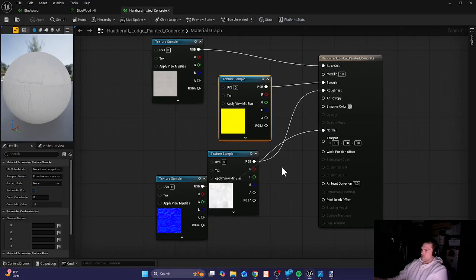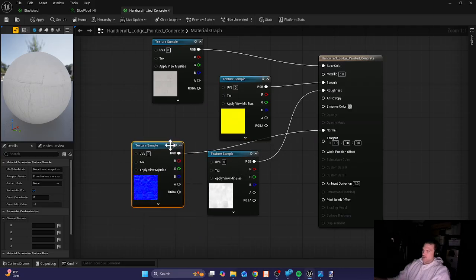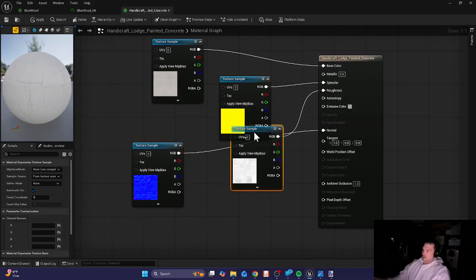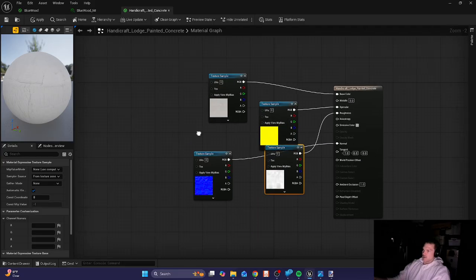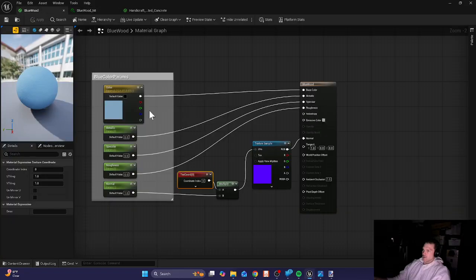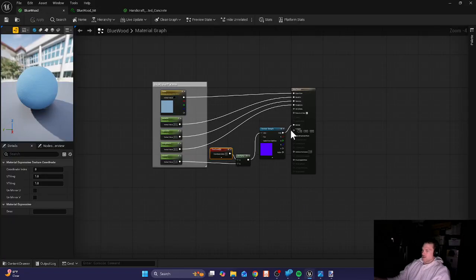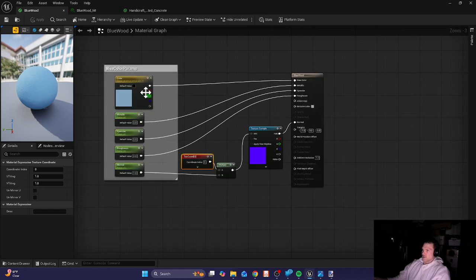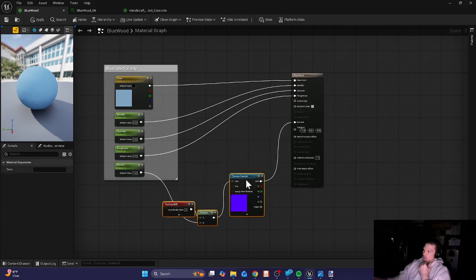We do want to tile this. And so we're going to do something very similar to what we did on this blueprint. And in fact, we can probably just edit this blueprint